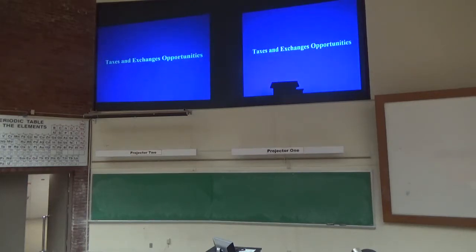Taxes and exchanges, I'm going to end it after this. Taxes and exchange: once you buy these properties and hold them for long periods of time, you're taking depreciation, okay? The IRS says that you can take the cost basis of the property and divide it by 29 years or 30 years, and whatever that annual depreciation is, that's the amount that you can lower your taxable income. So depreciation lowers your taxable income.